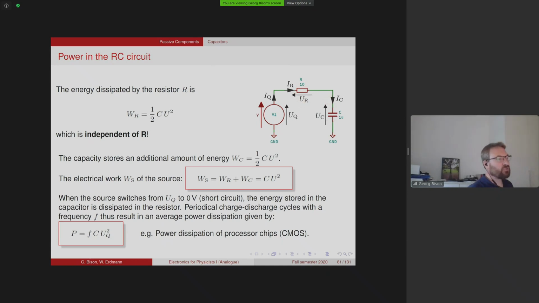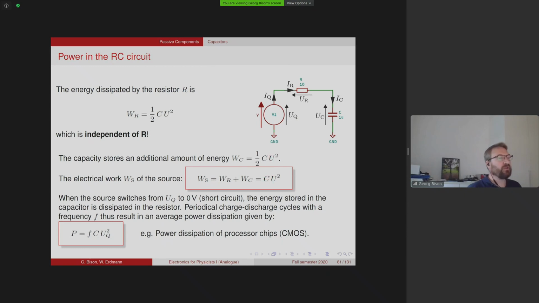Now, this is true if you try to charge the capacitor abruptly. There are better ways to charge a capacitor, more energy efficient. But if you do it like that, then you waste half the energy in the resistor, which is unavoidable. And the other half can be used to charge the capacitor. So the total work, of course, is the sum of the two, and this is C times U